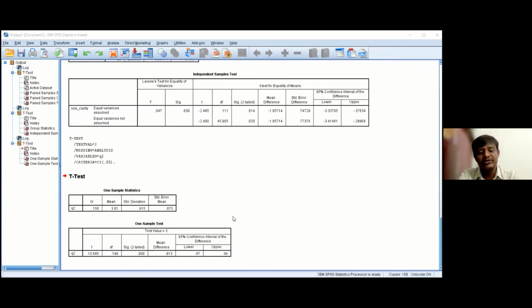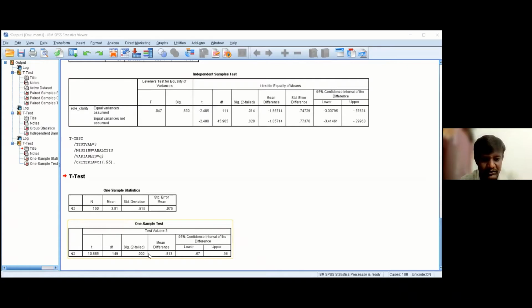So we can frame the null hypothesis as: the opinion of respondents reaching their career goal is not equal to average. Now we are going to come to a conclusion whether we accept the null hypothesis or reject the null hypothesis.